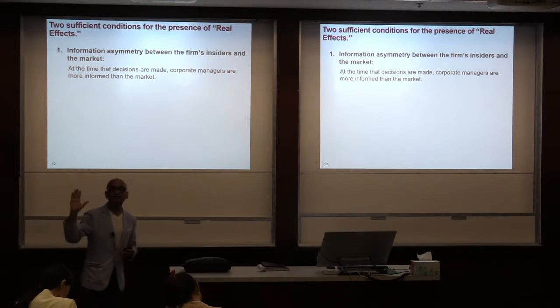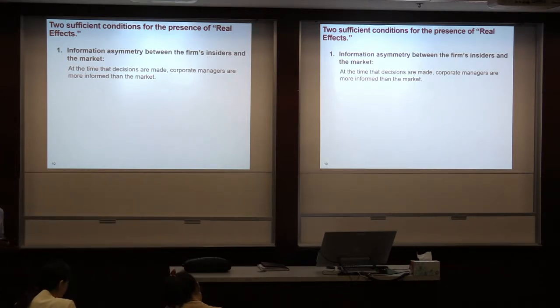Now, there might be other reasons that you may want to still disclose, but at least from the perspective of the market already has the information, why do we need to disclose and measure it in a certain way? So that's the first friction, information asymmetry between insiders and outsiders. The second